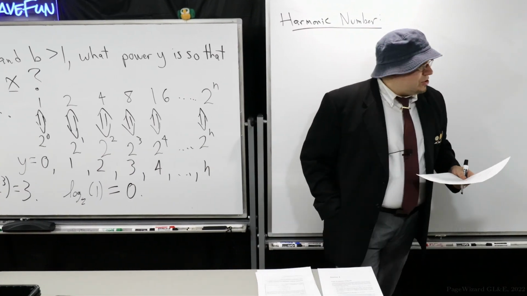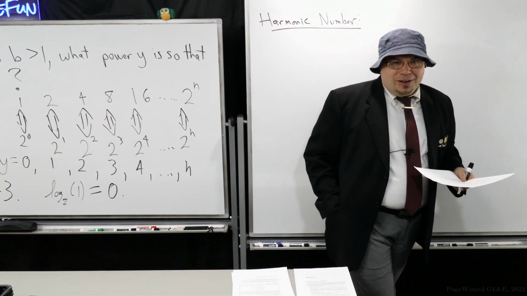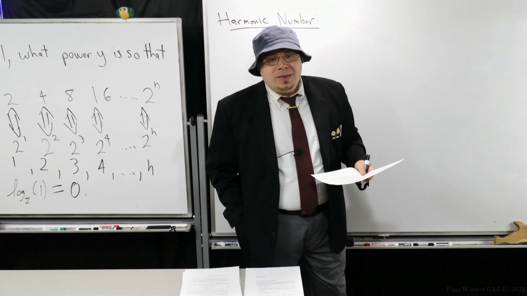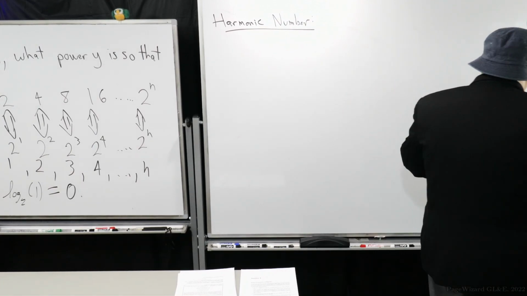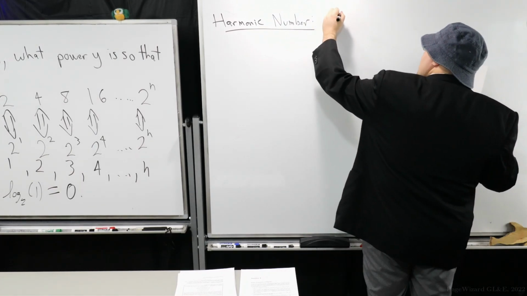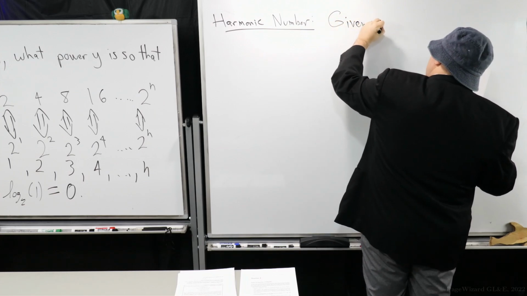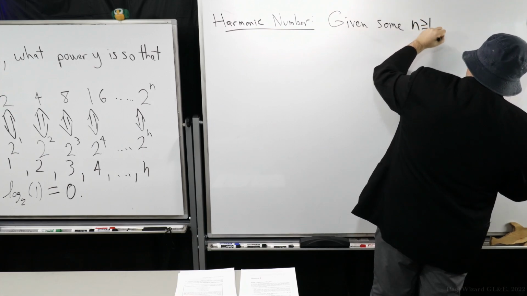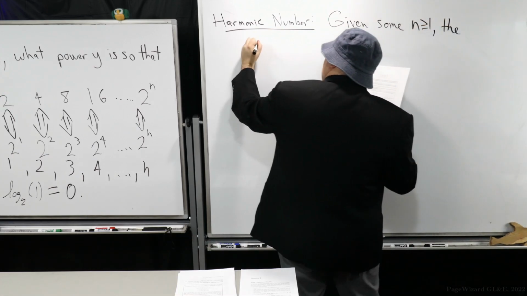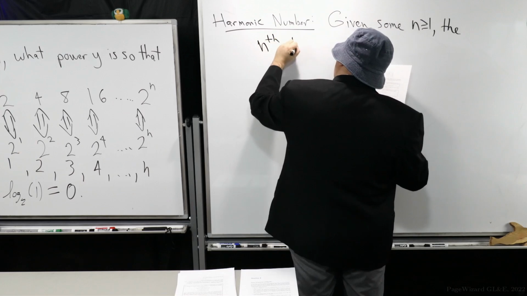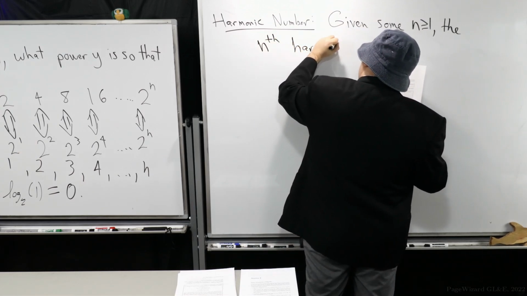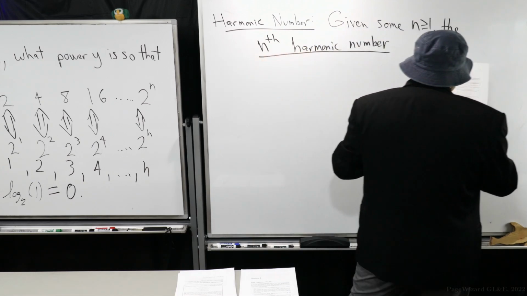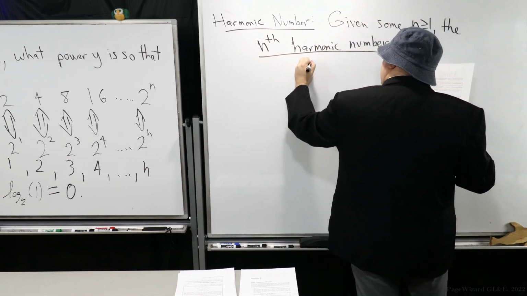So harmonic numbers, they're well known in series. Like if you talk about, say, a harmonic series, this is a well-known number sequence. But we're going to talk about the harmonic numbers. So given some n greater or equal to 1, the nth harmonic number, which will be called H of n,